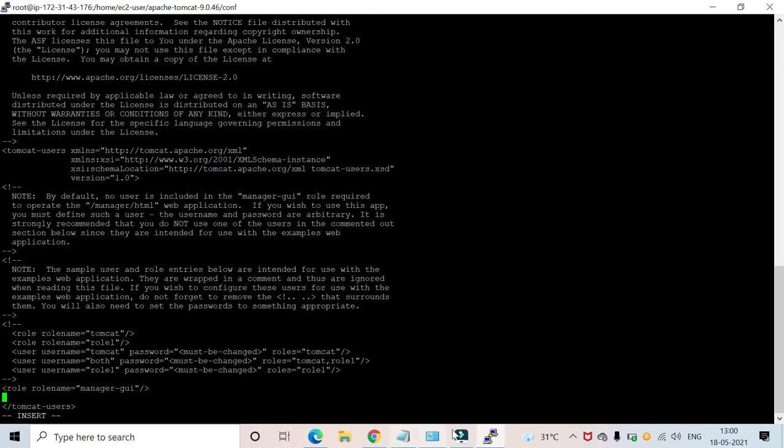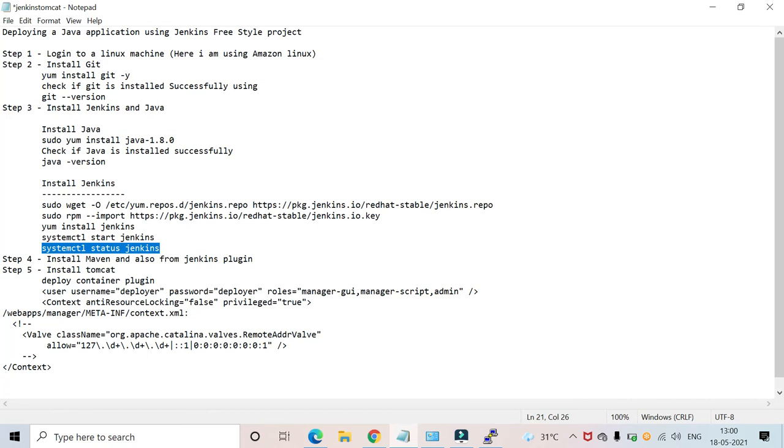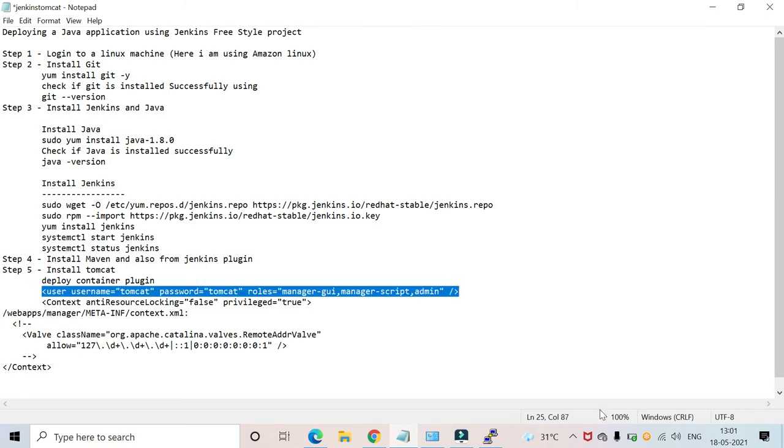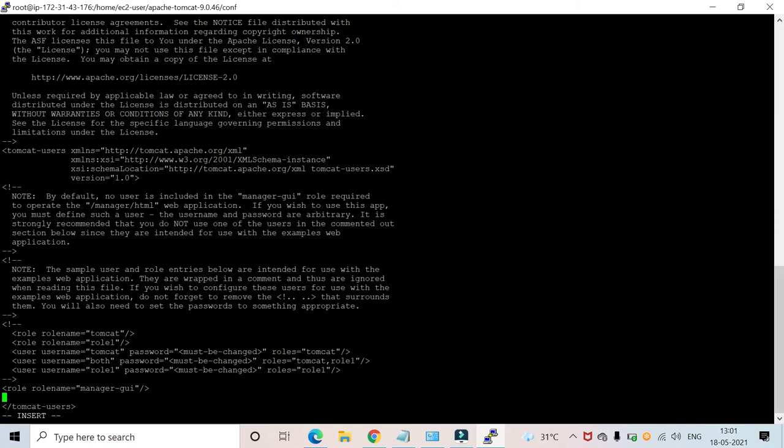Let me add the username and password. Let's say my username is Tomcat and the password is Tomcat, and I'll place it over there. Okay, now your Tomcat username and password is Tomcat and Tomcat.